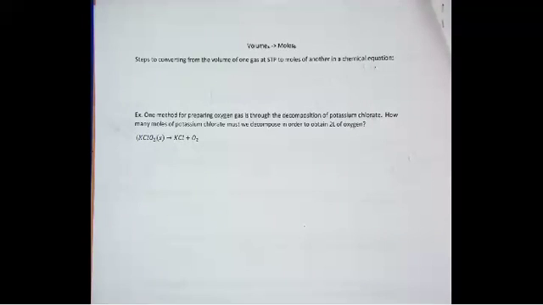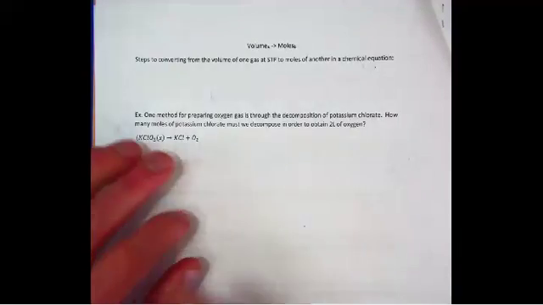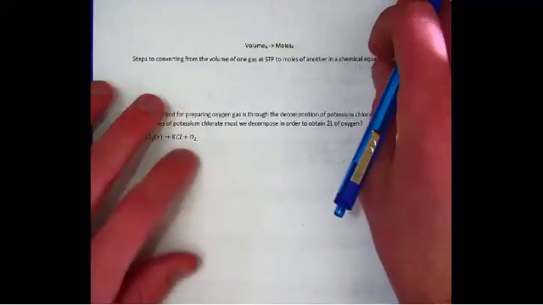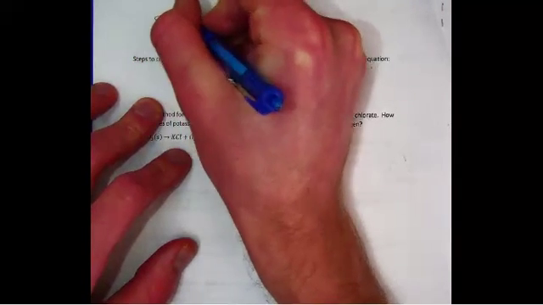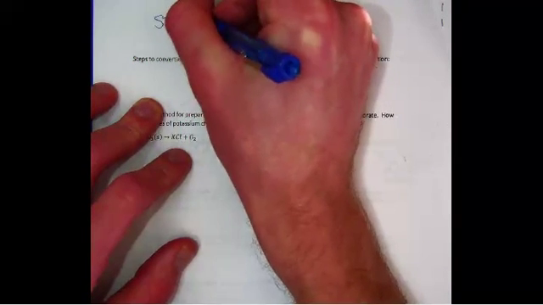Welcome to today's video where we're going to learn how to convert from the volume of one gas at standard temperature and pressure to moles of another in a chemical reaction. Before we get too far into this, first thing I need to do is define what is STP. What does that mean? And this only works with an ideal gas. We'll define an ideal gas later, but for right now, we'll be concerned about STP, which stands for standard